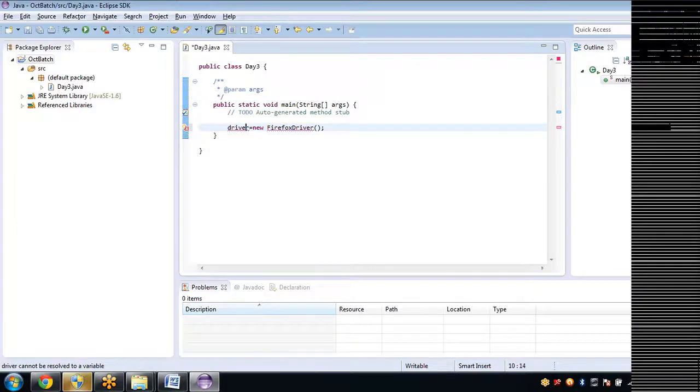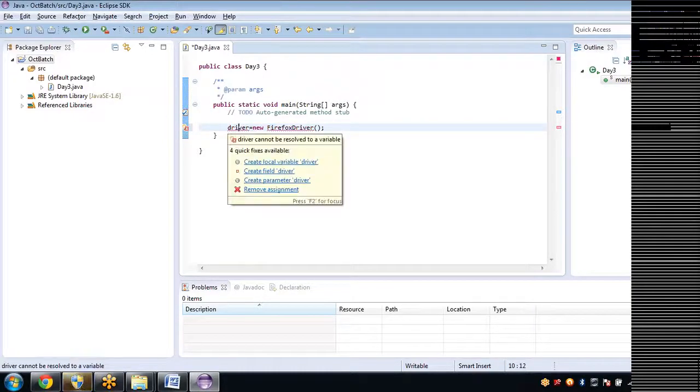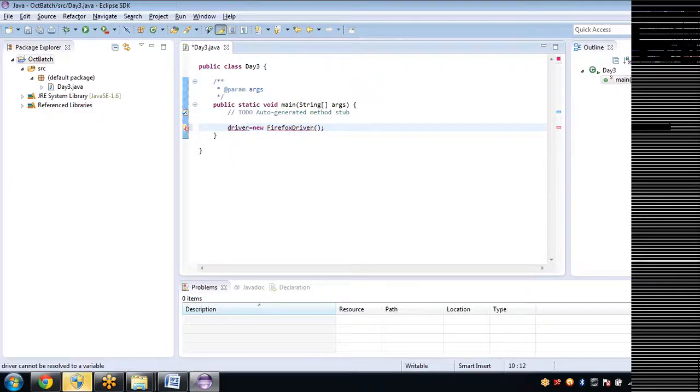Okay, this has capability, but we have to deliberately mention it here. Now we need to tell what interface methods I need to implement. That clarity we need to give here. Now we have just created our object for the class, but we have to deliberately tell the object, please go ahead and implement the methods present in that interface. What interface? That interface you need to write here, as I need to implement the methods of this WebDriver interface.